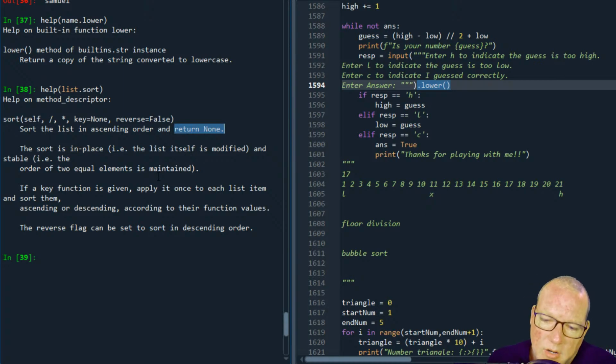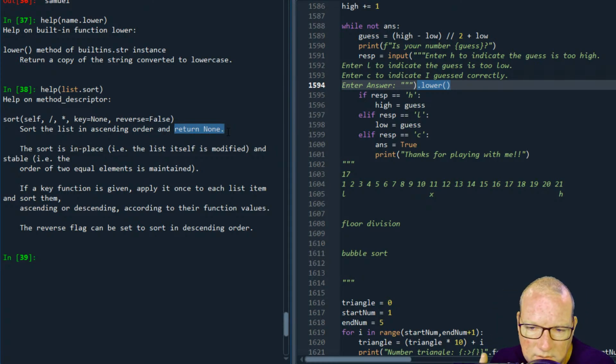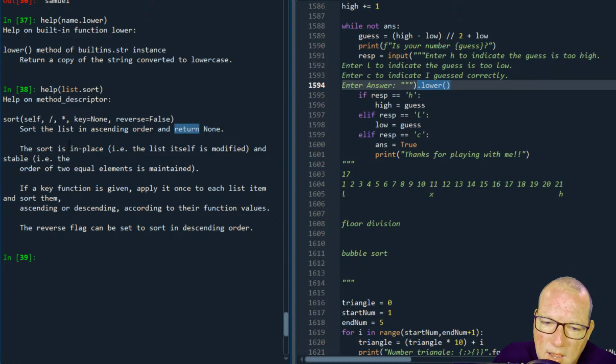So return none. So there's return in place and return none. Return in place and return none are the same. So that's my only complaint, is there's inconsistencies between these. So you cannot assign it to something. Here we go. And in place. Return none, in place.